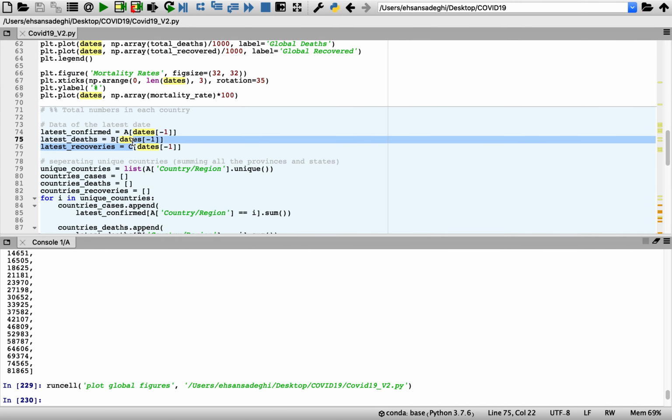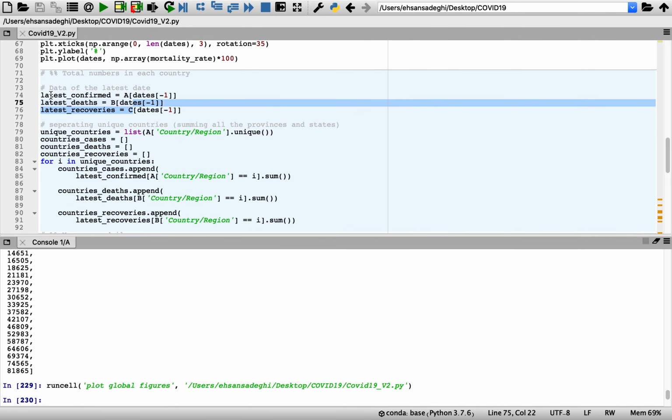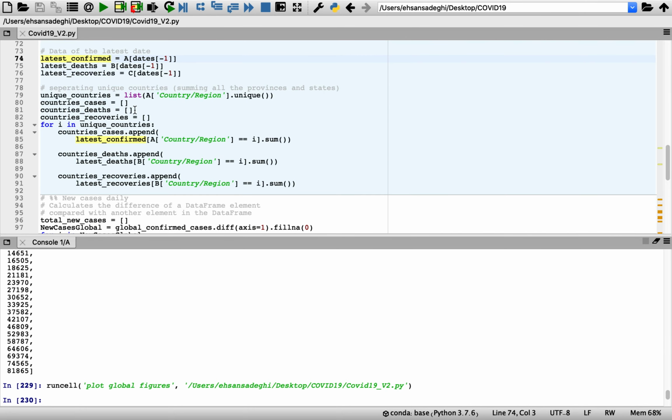And if I want to get the figures for each country, I can create 3 empty lists for the cases of a country and run a for loop for unique countries in my data. As I said before, because there are some countries like Canada, Australia, and some other countries that the data is given based on provinces, I'm only interested to sum up all of those states and put them in one